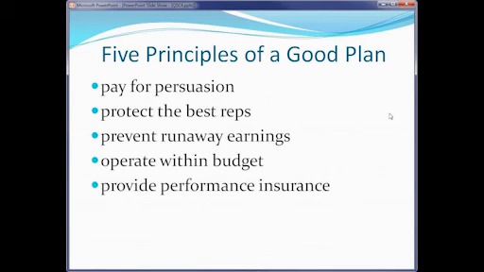Now, that's very, very important, pay for persuasion. The whole purpose of having a sales force is to have a skilled set of people that can go to customers or potential customers and persuade them to do something different than they're doing right now. Whether that difference is coming and buying a product or not, or it's a difference where they already are buying product from you, but they're going to buy it in a different way, or they're going to buy more of it, or they're going to do something that is going to make for a win-win situation between the two companies. That's what we're supposed to be paying for.